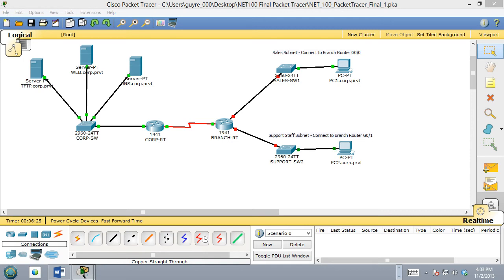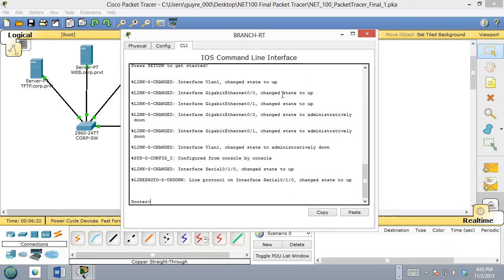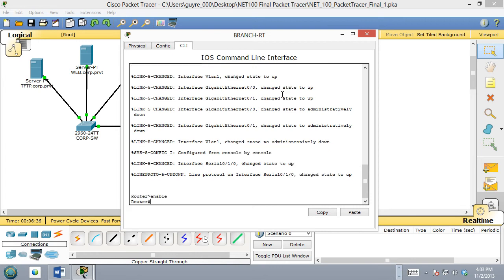Step 3, we are now ready to configure the branch RT router. So let's go ahead and go through this. You click on the branch RT router, and open up the command line interface. You're at the router prompt, so you're going to type enable. That takes you to privileged mode. There are several things that you want to do. The first thing it wants you to do is disable DNS lookups. The way you do that is you go to config t,